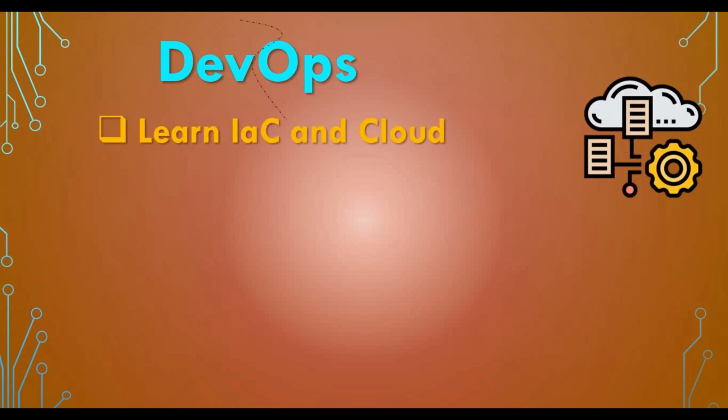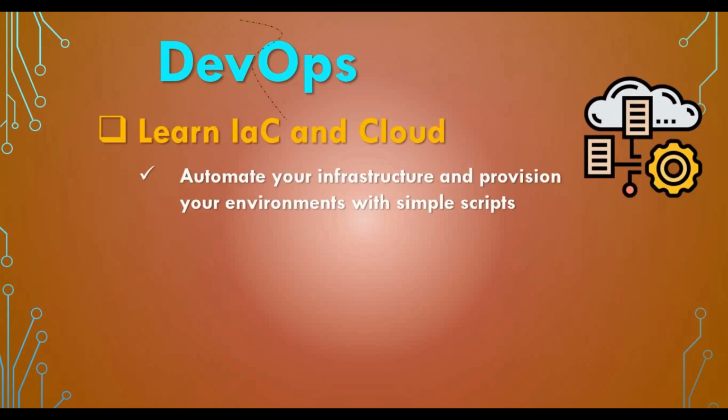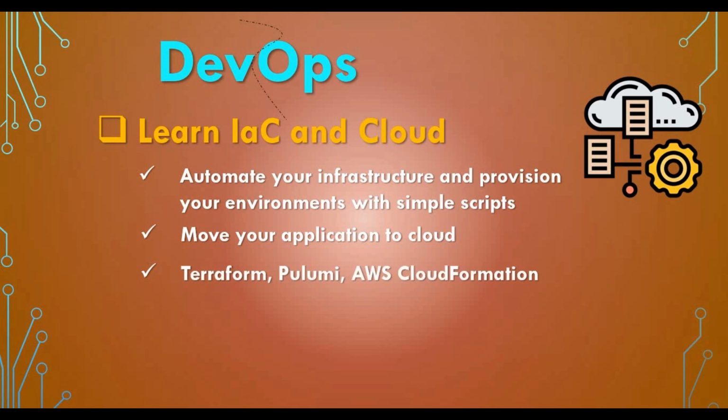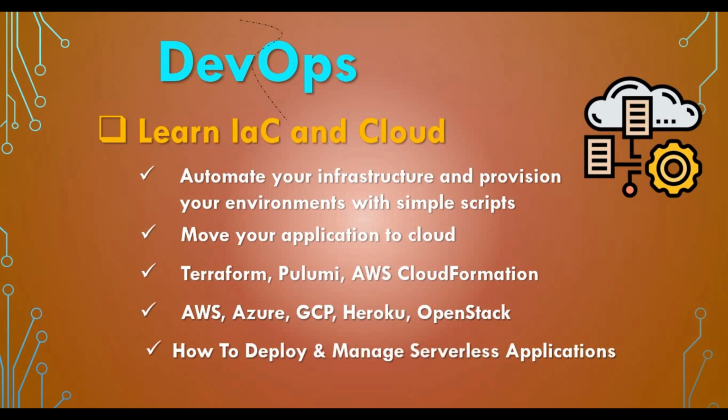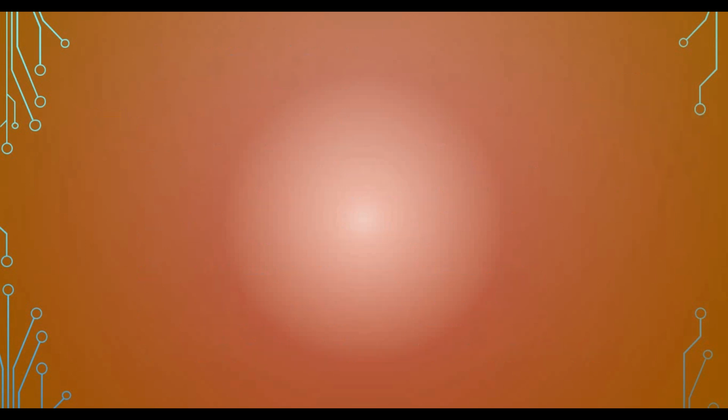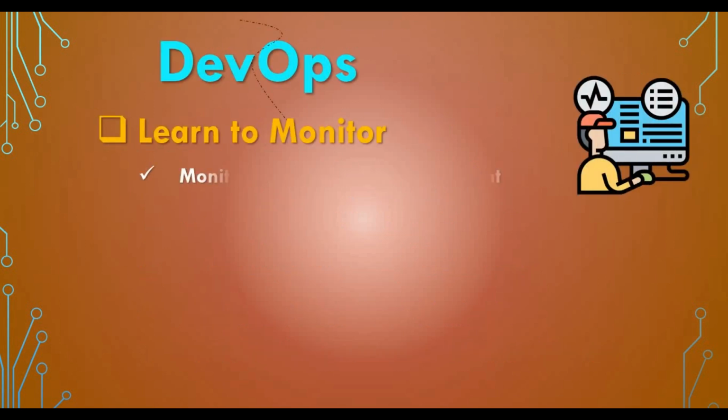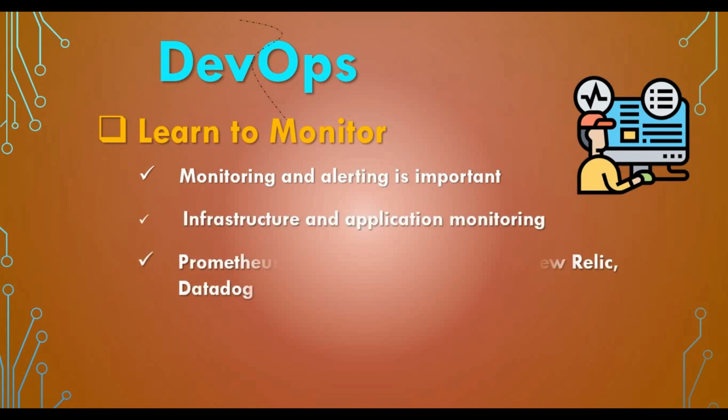And also you can learn infrastructure as code, and also cloud. This is because you need to automate a lot of your infrastructure using configuration files. So Terraform would be the base which I would suggest to focus on, and you can also focus on cloud like AWS, Azure. Then the final one would be monitoring, how you can set up the monitoring. For that, I would suggest you focus on Prometheus and Grafana. If you have some other skills like Nagios or Zabbix, that's also fine. So you can use whichever is specific for you.